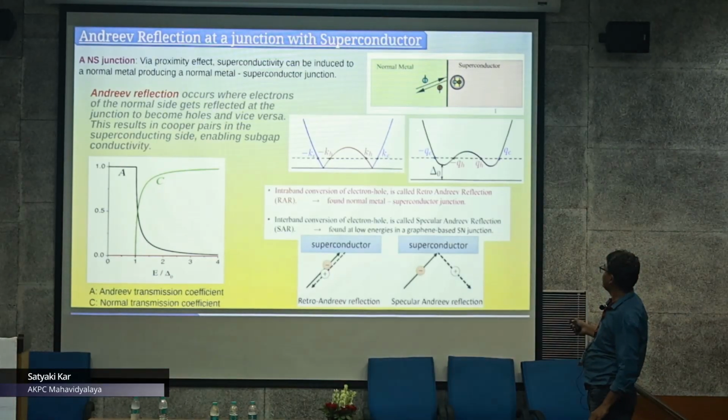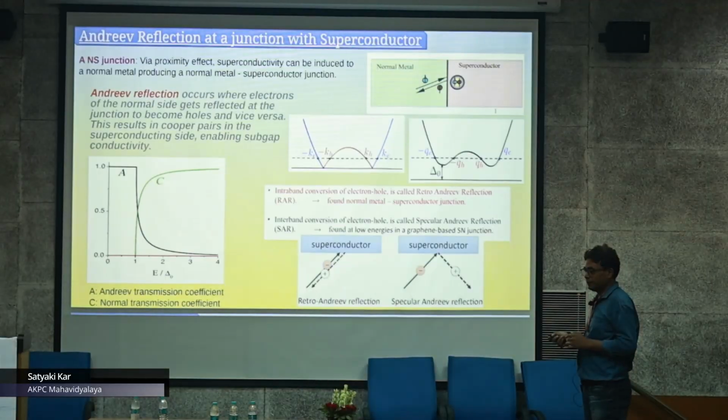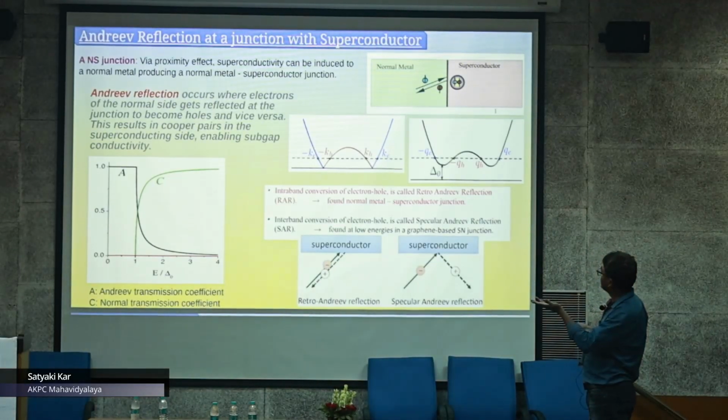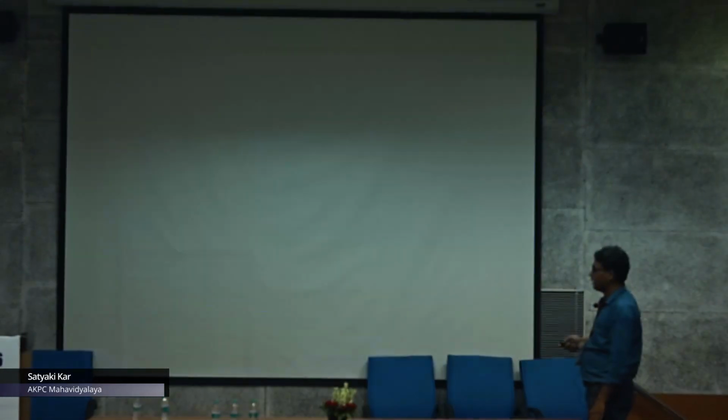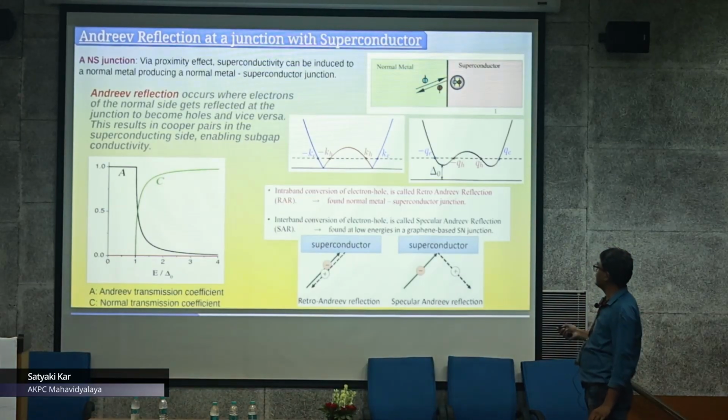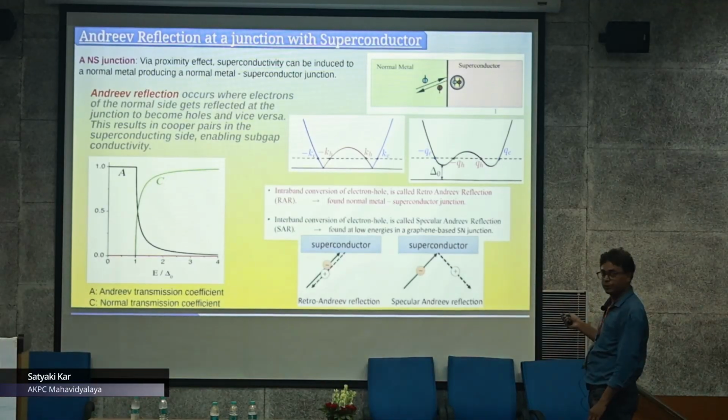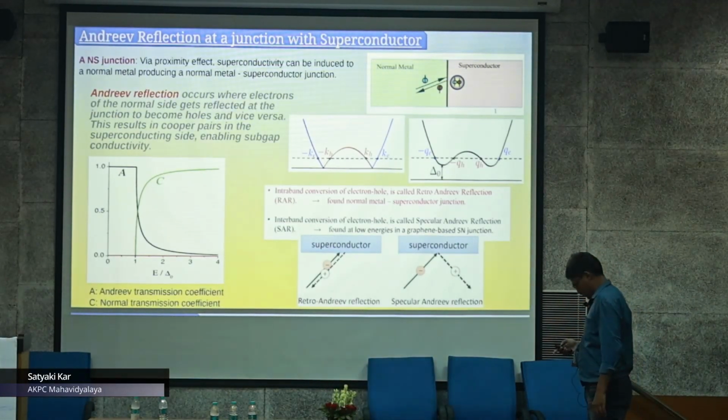And it can be of two kinds. If my Fermi energy is very far from the node, then both the holes and electrons stay in the same band, the conduction band, and there you can get retro Andreev reflection. On the other hand, if it is very close to zero, then you can have some interband transition also. There you can have some peculiar cases. So these kinds of things can happen. So now we will see